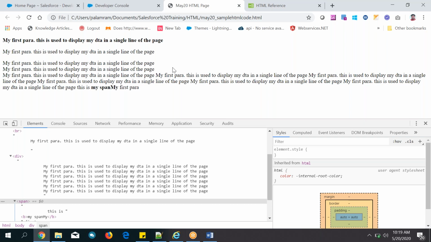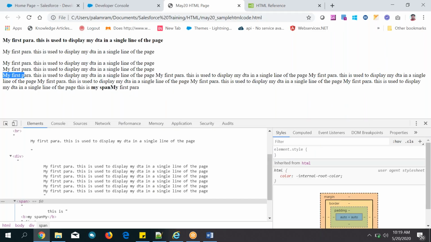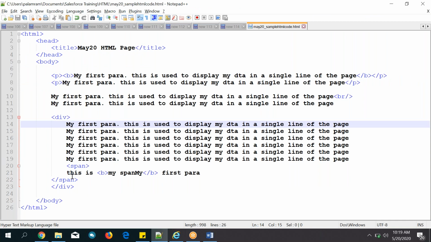And I want to display this also, my first para, in bold. How to display? As of now we have used one tag, the B tag, and I want to use another tag.